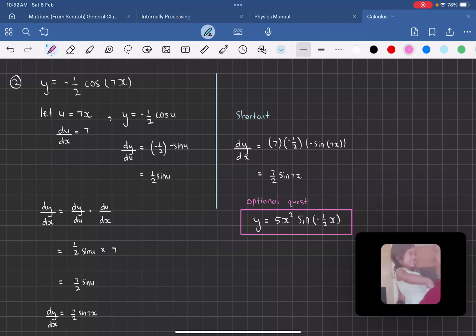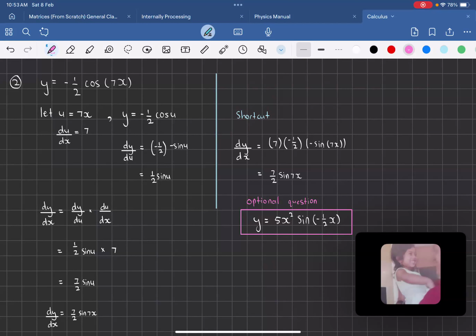So Amy, in this question, are you going to do the long method or the short method for the chain rule? I will do the long method. It's just going to take up more time. But typically, we don't use the long method if it's involved in something like product rule or quotient rule. And this is what